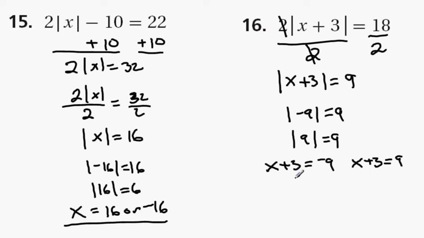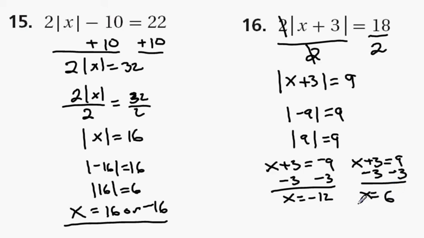Now we solve in both cases. So I'm going to subtract 3 from both sides of this equation, and I wind up getting x equals negative 12. If I subtract 3 from both sides of this equation, I wind up getting x equals 9 minus 3 is 6. So x is equal to negative 12 or